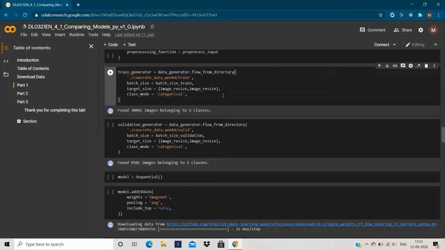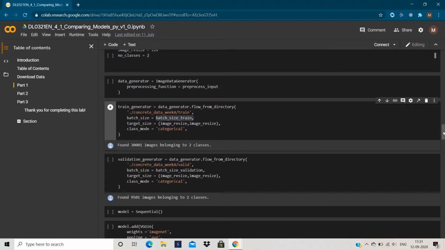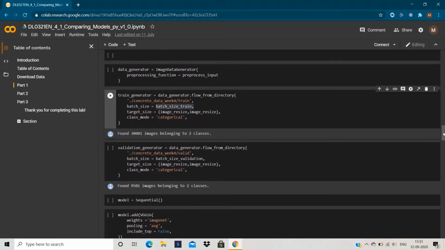After that, the batch size that we had initialized here, and target image size, that is 224 because the model is trained on that size only. And after that, categorical, because we want outputs in categorical form. Here it is shown that there are 30,001 images belonging to two classes.